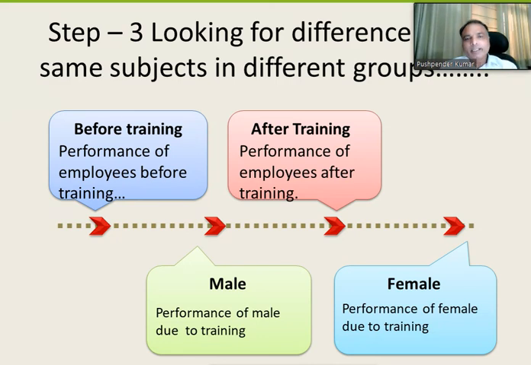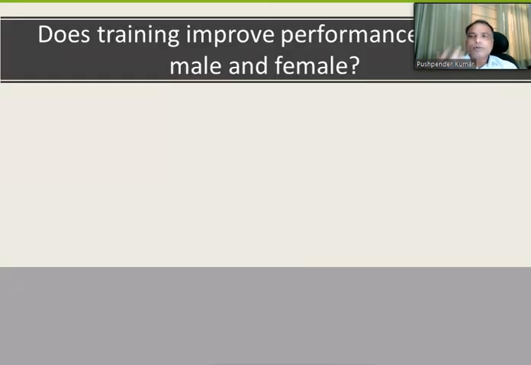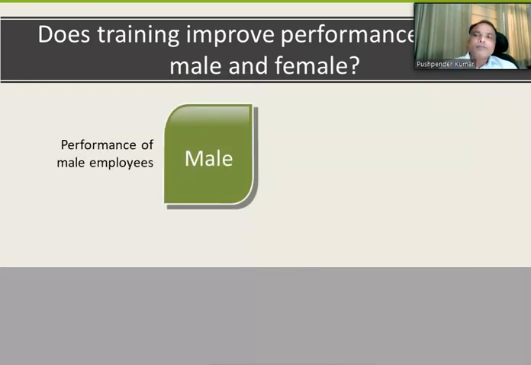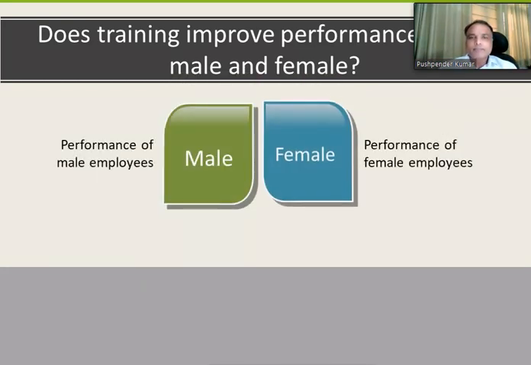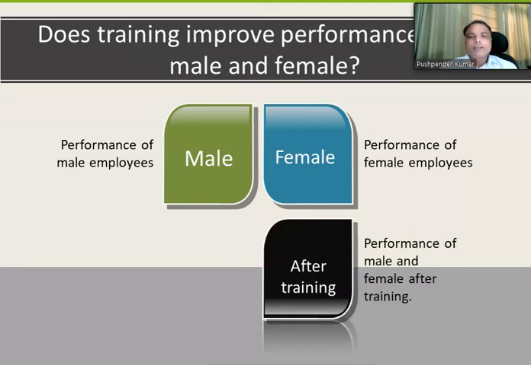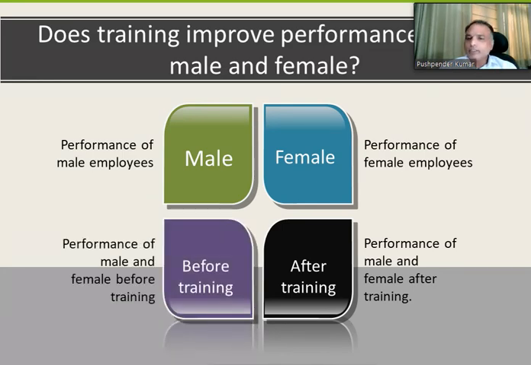So whenever this kind of situation occurs, let me give more light on this. Here you see performance of male employees, performance of female employees, it's another way of defining the same concept. So this is after the training, and this is before the training. And here you want to see the impact of the training across male and female.